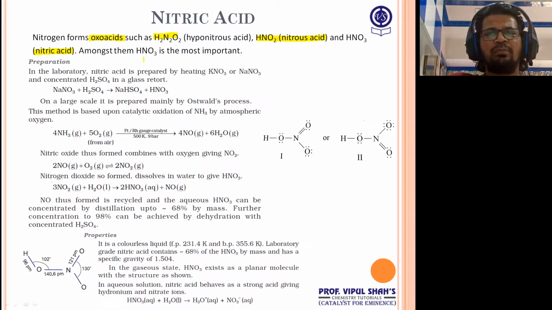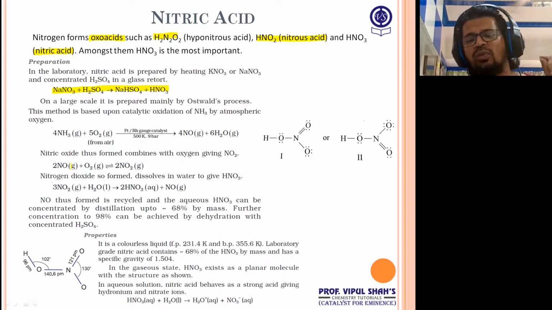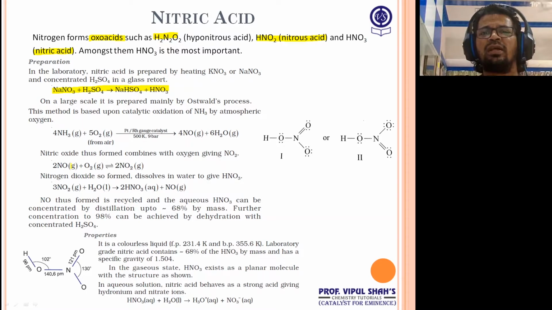Now in the laboratory, preparation: NaNO3, that is sodium nitrate, reacts with sulfuric acid, then it forms sodium hydrogen sulfate and it gives HNO3. That's one. And large scale preparation is with Ostwald's process. Mark this important, please write it down on paper. One more thing. Whatever oxides we did in the previous lecture, please practice them once or twice. Once you practice it, it's done, then you will never forget it, because in MCQs as well as boards, if there is a question on it, you'll be able to handle it very easily.